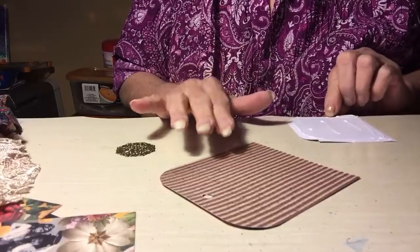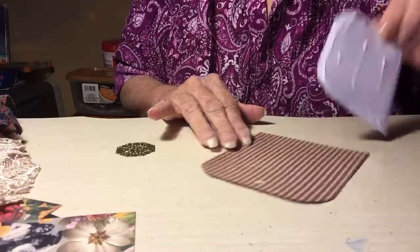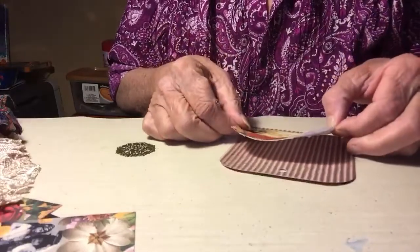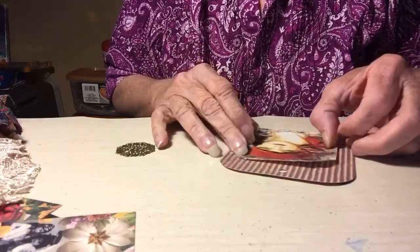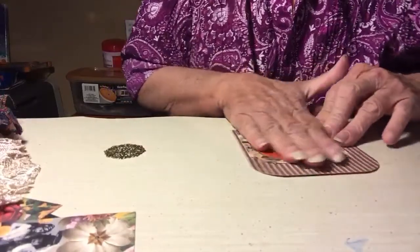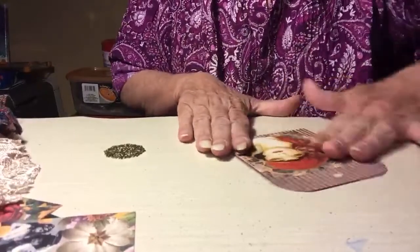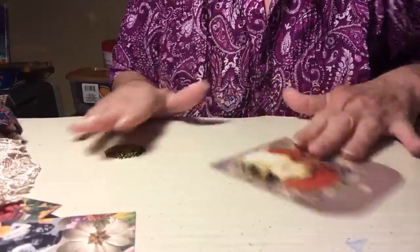The glue I'm using is Art Glitter Glue. It's a very good glue for paper. Just offset this. And it sticks pretty quick. Okay, so I'm going to set this aside, and I'm going to